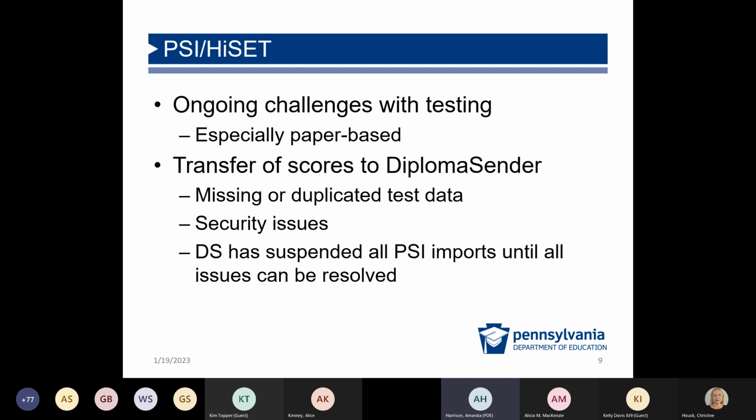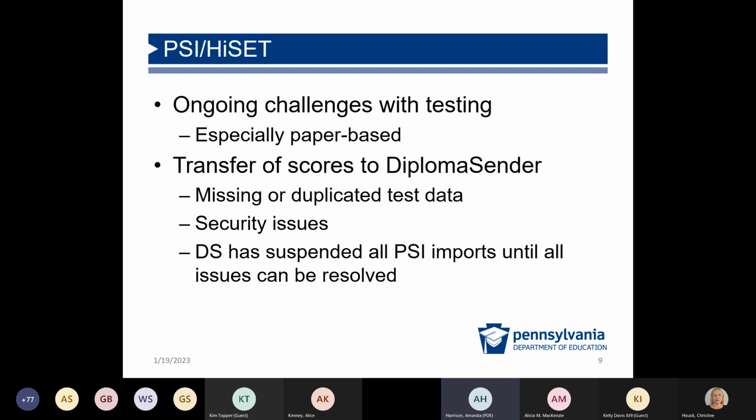Unfortunately, what that means for students who are taking the HiSET is even if the scores are showing up in PSI, it's not coming into Diploma Sender, and the credential will not be issued until that can be resolved. So I wanted to let you all know that if you have students who are wondering what's going on, they've completed the HiSET, it's apparently showing up correctly in PSI, which is good news, but they're not hearing anything from Diploma Sender.